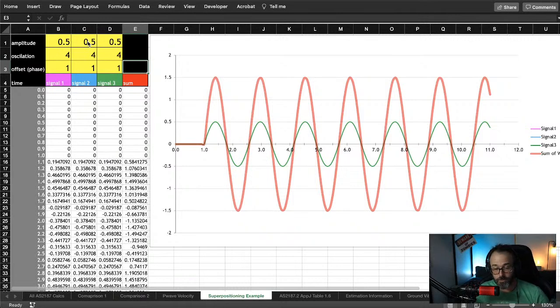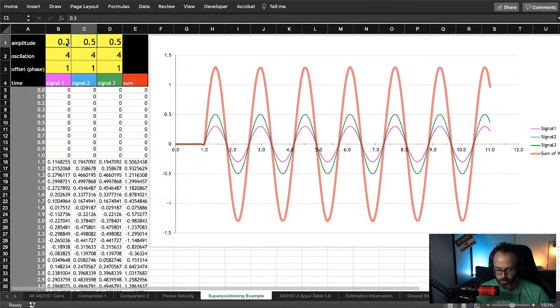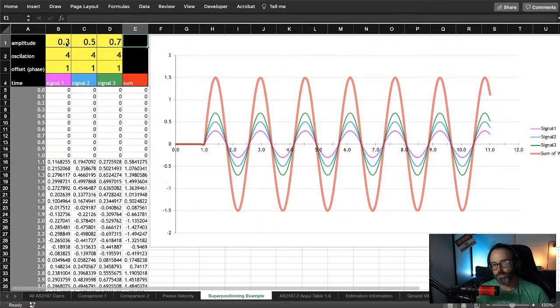So if you had 3 holes that arrived at the monitor at the same time, say our first one is 0.3 and our second one's 0.5, and we'll go with our third one at 0.7. So we've got 3 different waves. They're all in phase and they now add up to each other. The 0.5, the 0.3, the 0.7, they all add up and they create that 1.5